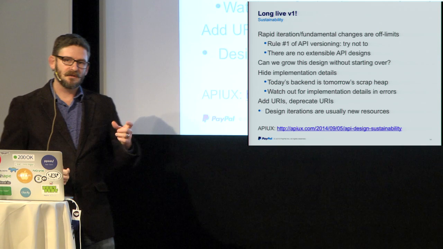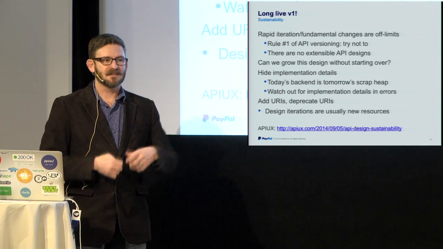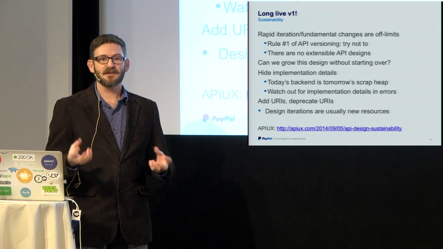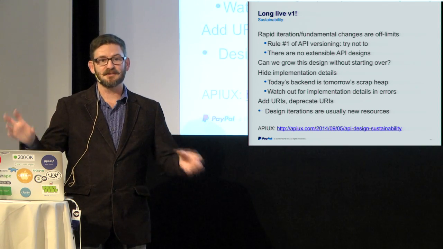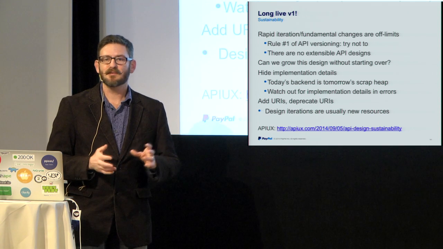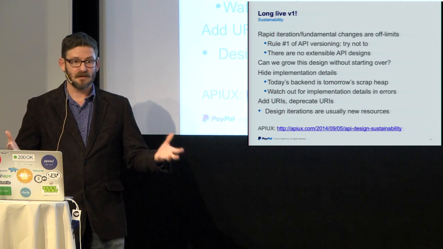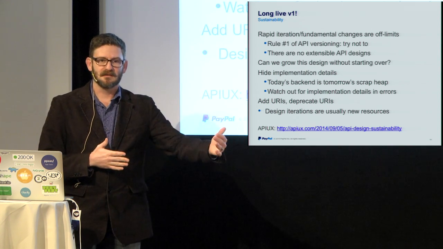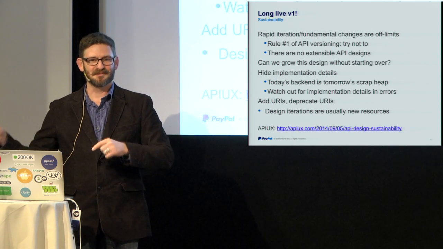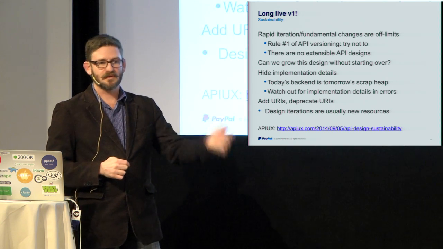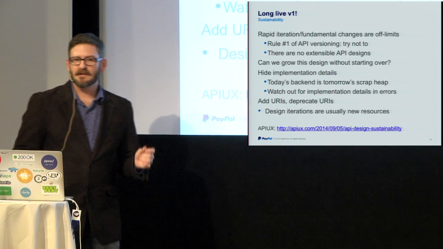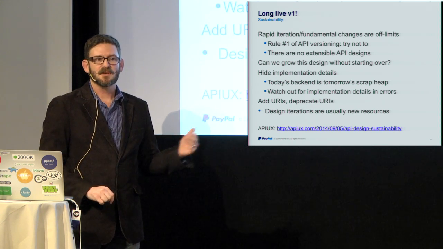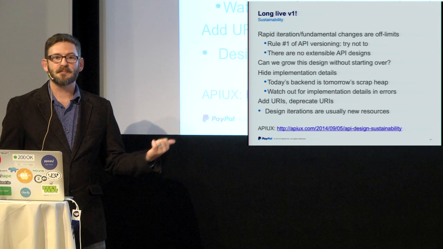So there's this fallacy that we can build extensible designs, and it's totally not true. Extensibility, if you really look at it, means you're building something modular and componentized that you can change and grow. And that's not what we do with APIs. We build concrete things that people are going to rely on. So if anything, we can extend, which is different from extensible, right? We can add to it. We can do backward compatible changes, that sort of thing. But we have to be very, very cautious to never expose that implementation detail, because today's implementations, tomorrow's scrap heap, right?